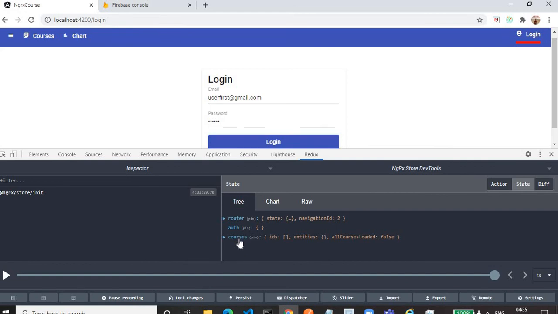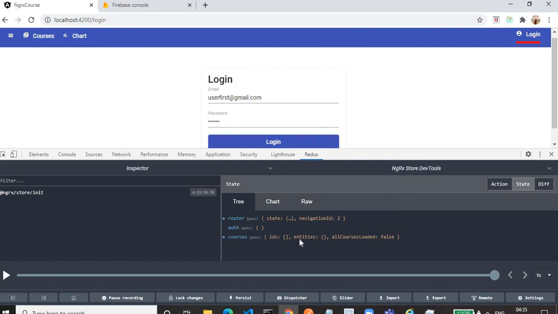If you see in the courses state, we have IDs, which is an array, entities, which is an object, and allCoursesLoaded, which is false. IDs and entities, you are getting these entries because we are using the NGRX entity framework for storing the courses data.